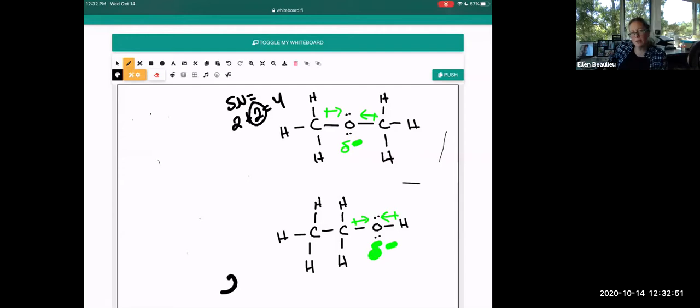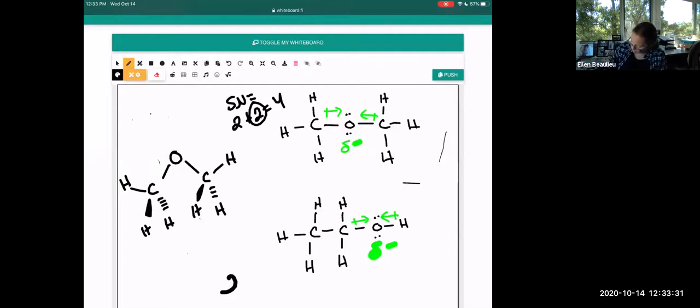Some of you are struggling with how to draw a Lewis structure when multiple atoms are connected together in a single molecule. Let me show you how I'd go about it. I'm going to take that oxygen atom, which is a central atom, and make it look bent by putting both of those connections to the carbons on bonds that are in the plane of the paper. Now each of these carbons is tetrahedral, so I'm going to draw my other bond that's in the plane of the paper to hydrogen. And then I'm going to draw some wedges and some dashes on the other hemisphere of each of those carbon atoms. So that's just a process by which I can draw this structure with multiple atoms attached, showing the shapes at